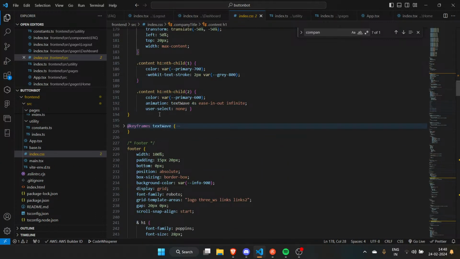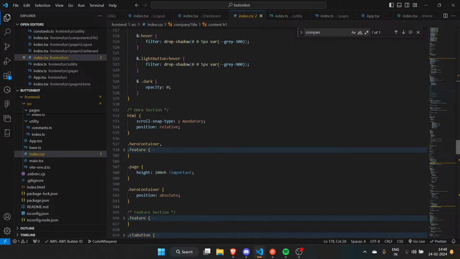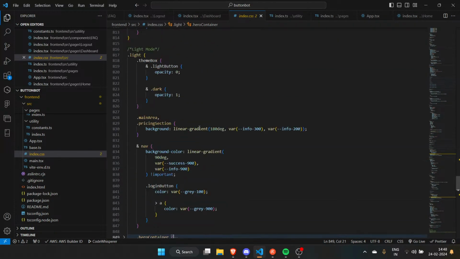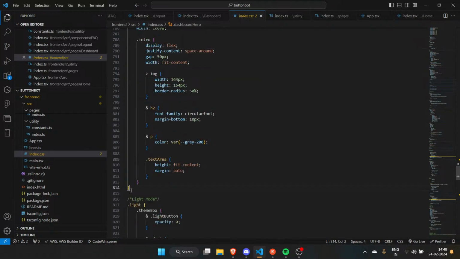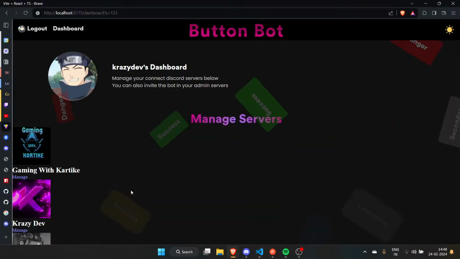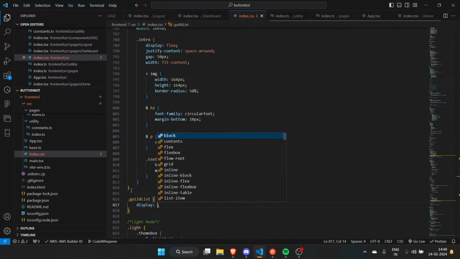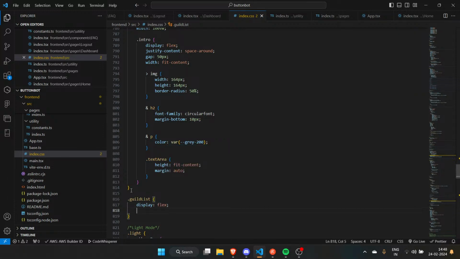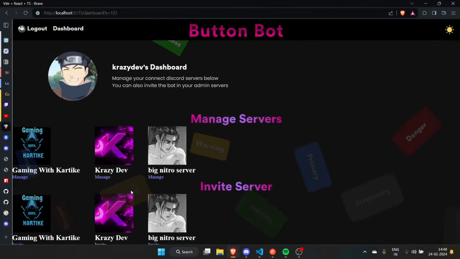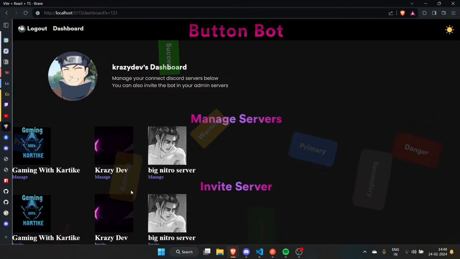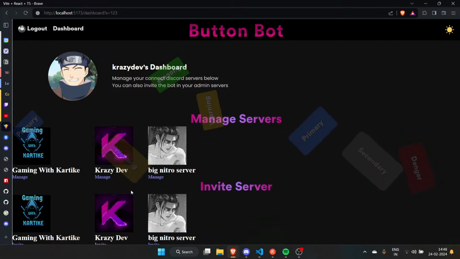That's a lot of blah blah blahs. Then we go to the dashboard hero. Display can become flex. Gap can become like 50 pixels. Flex wrap can become wrap. And that's already interesting, I'll say.